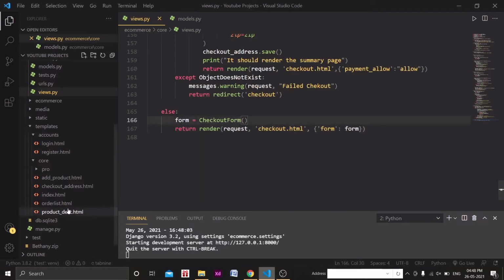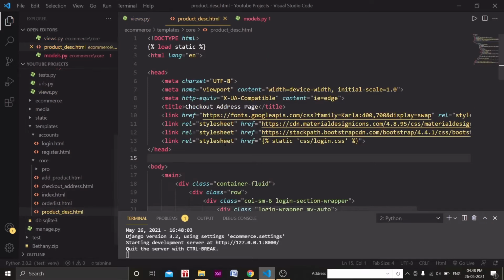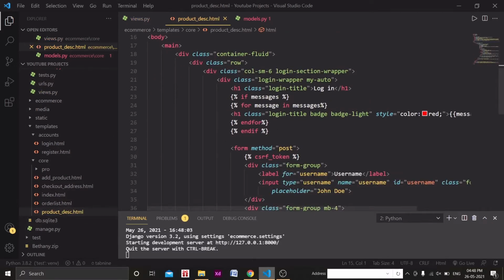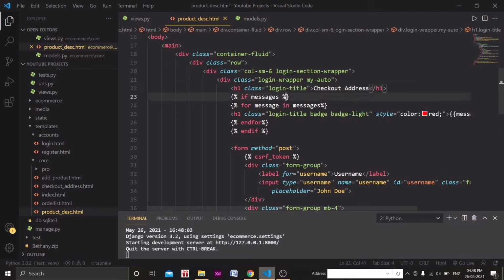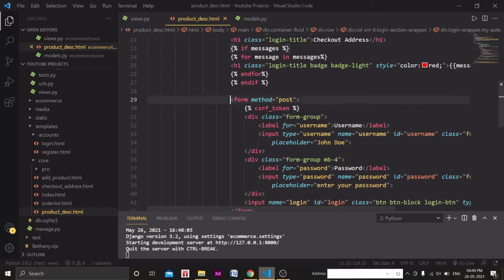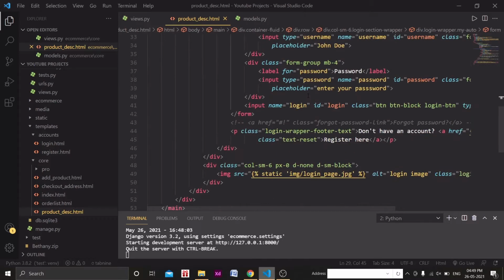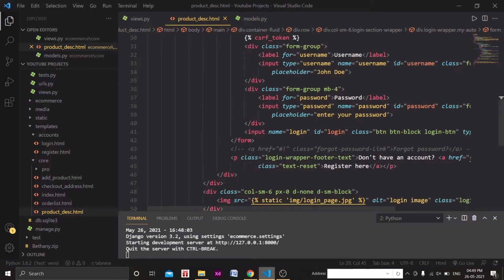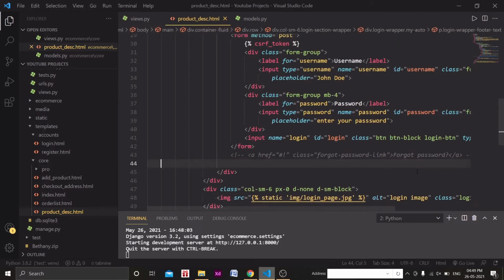Now let's go to the HTML page here. Where is that? So product description HTML, and here we will apply the messages. So instead of login, we will have checkout address, then this form method equal to post. We don't want all these things, so I am going to just remove this p tag register here.